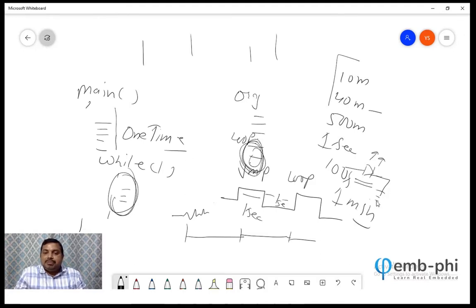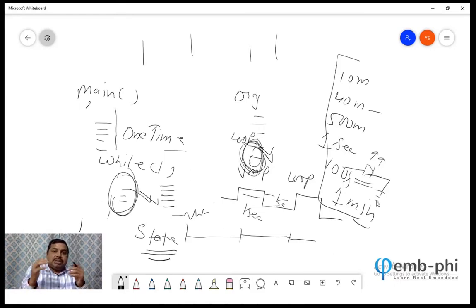No matter whether you are writing the program here or here, you have to make some state machine, some states. Okay, I have to send this message, I have to do this, I have to do this. Some timing is required, you have to take action based on the time. So for that purpose you need some method through which you can get this time input.